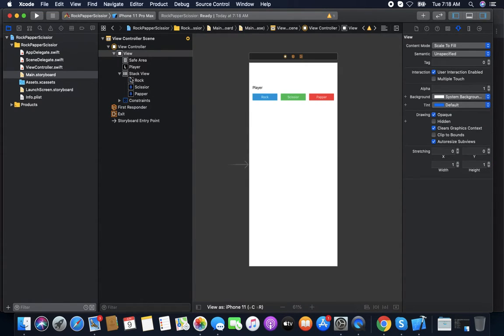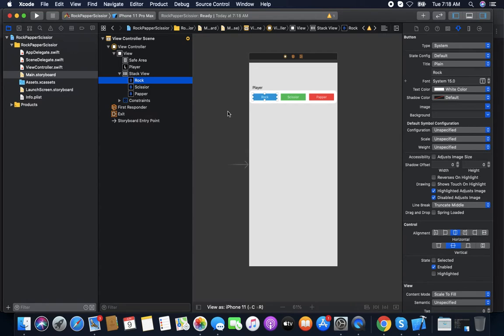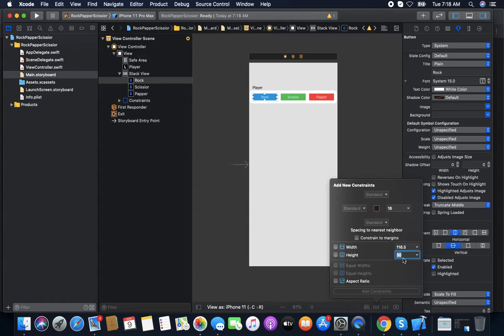We adjust the size of the button, like it's looking very small, so we give some height, like 50.